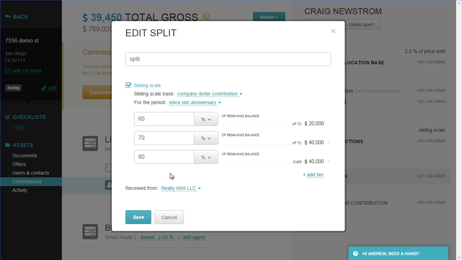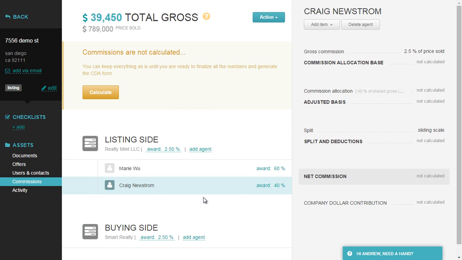It's automatic, so if it happens that the agent contributed, let's say 18,000 or 19,000 since anniversary date, and within this particular transaction the switch happens from tier 1 to tier 2, the system automatically prorates all the amounts for you. So you don't need to do anything manually. That's exactly why we created this sliding scale. And when I click on save, that's where I save this setting for this particular transaction. Again, this is not where I'm setting up a plan. This is where I'm entering this information. I'm adding this information to my